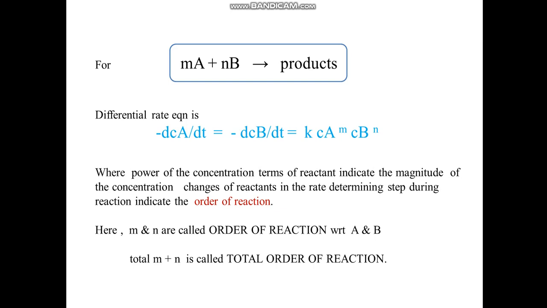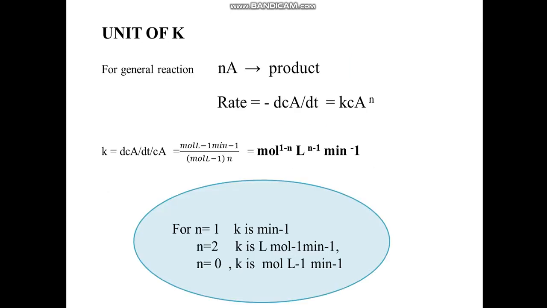Here m and n are called the order of the reaction with respect to A and B, and the total m plus n is called the total order of the reaction. For the general reaction nA giving products, the rate is equal to minus d[A]